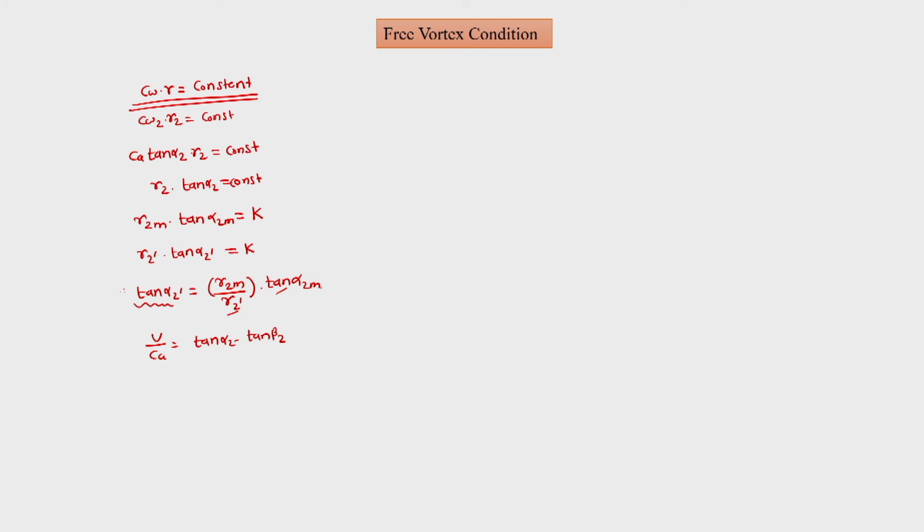Since Ca is constant, alpha 2 is evaluated, and u can be found out based on the radius and omega. So this is how we can work out to find out different angles. If they are known at one height, we can find out them at some other height. Okay. So next thing what we need to find out is, apart from the condition of free vortex, there is